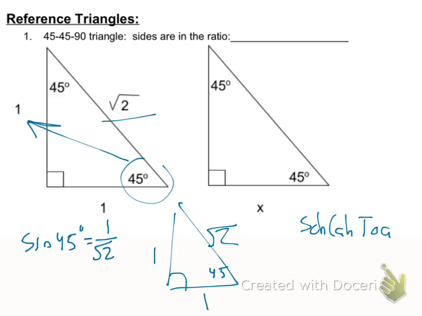But in general, I wouldn't leave it in this form either. I wouldn't leave it as 1 over the square root of 2 because what don't we like about it? Square root on the bottom. So to fix that, 99% of the time, we multiply the top and bottom by square root of 2. And so you end up saying, hey, 1 times the square root of 2 is square root of 2. And square root of 2 times square root of 2 is just 2. So 99% of the time, we will always just write that sine of 45 is the square root of 2